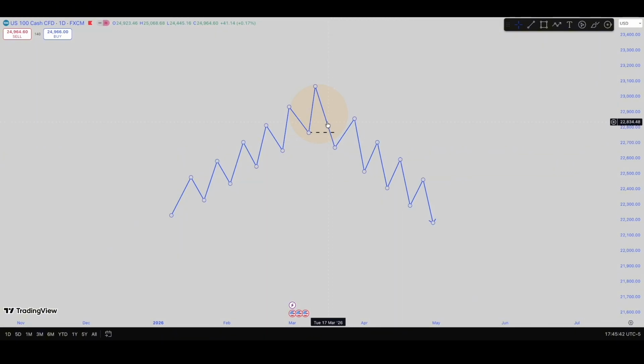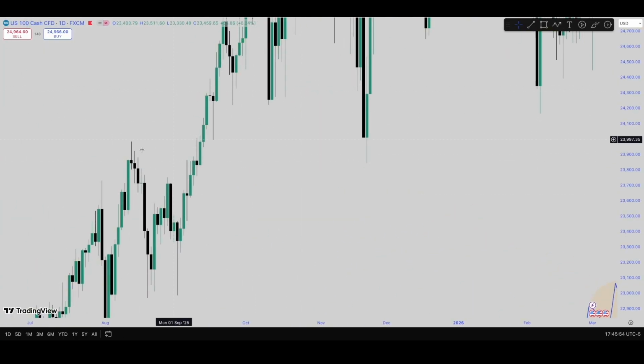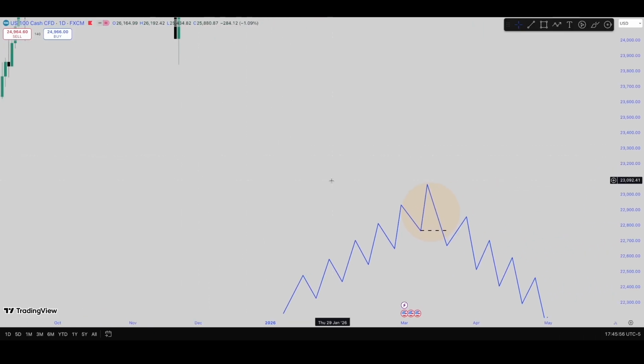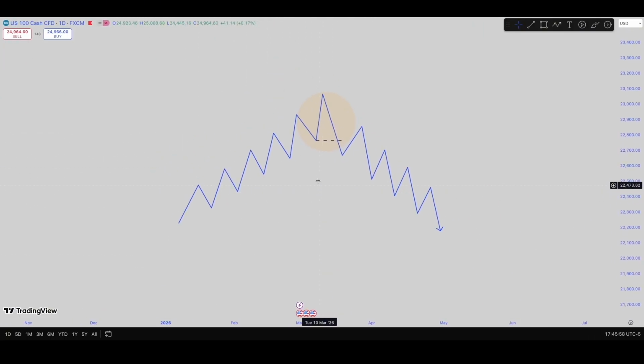Okay, but for right now, just focus on the range of the expansion leg. It's going to make a whole lot more sense when we start going into here, right? But this is what you call a break in market structure, going from an uptrend into a downtrend, a reversal,